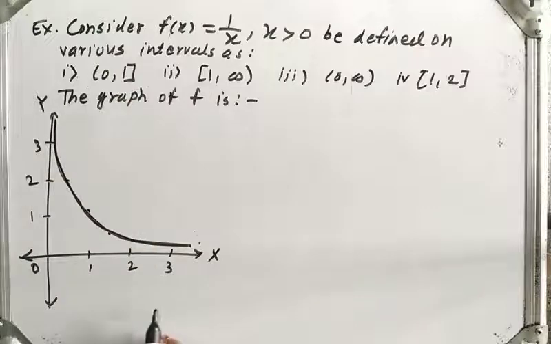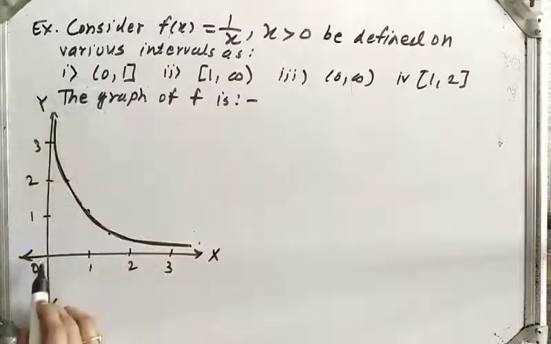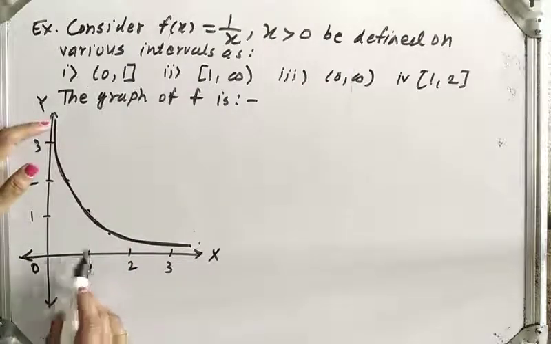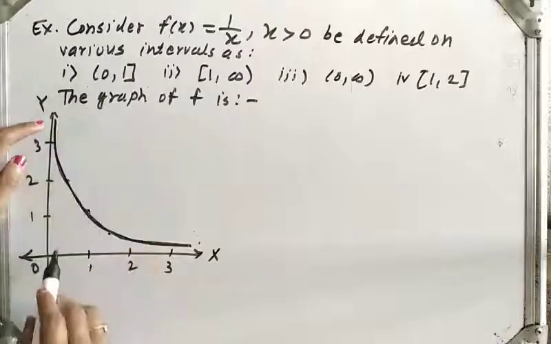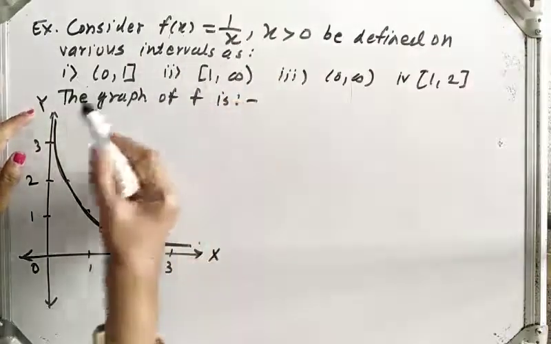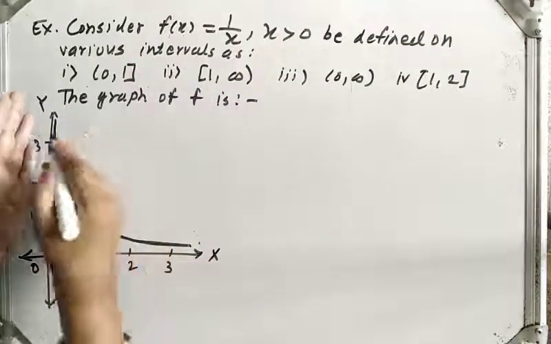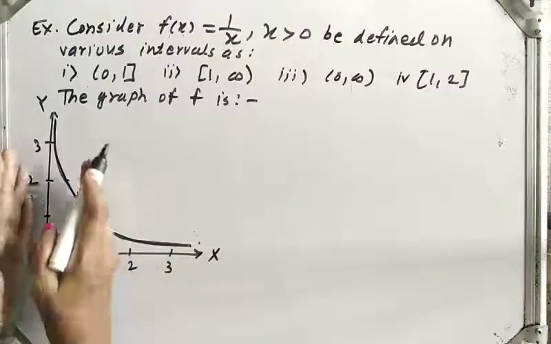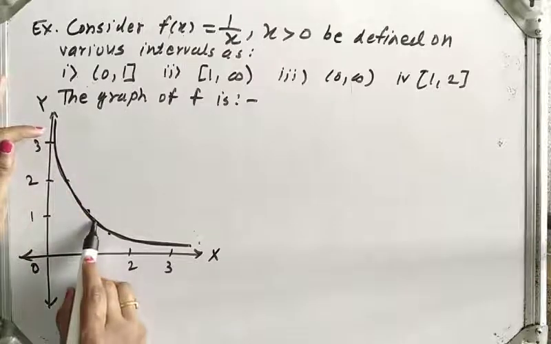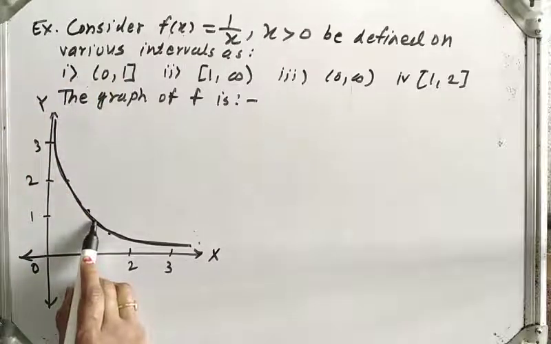Now see the graph and let us guess whether it attains its absolute maximum and absolute minimum or not. In this interval 0 to 1, 0 is not included, 1 is included. So absolute maximum is not attained because 0 is not included, and the graph is not defined at 0 because that would be 1 upon 0. So absolute maximum not attained, looking only at the part between 0 and 1. Absolute minimum is attained because 1 is included in the domain.